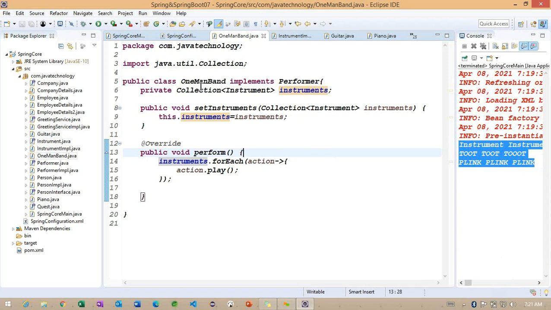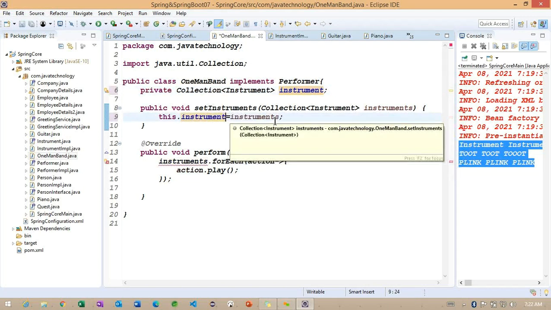The property we are checking here is the collection of instruments, and the reference we are giving here is not matching. So now you can see, I'm going to change it.